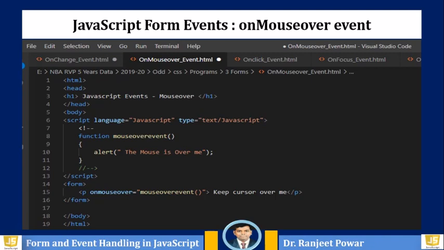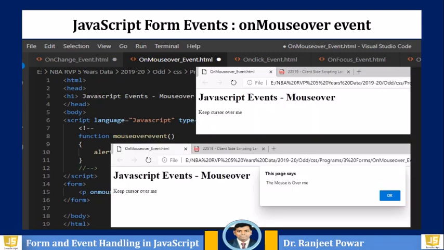So this event can be used to give some comments when the mouse is on a specific element or text in the form. In the example, when we move our mouse and keep the cursor over me, it automatically displays the alert message that the mouse is over me.